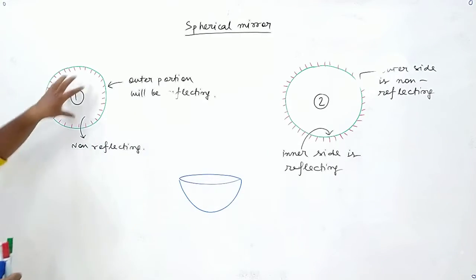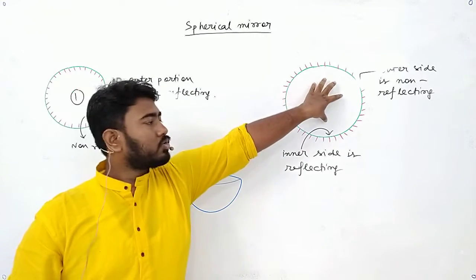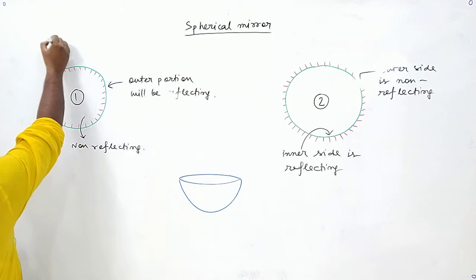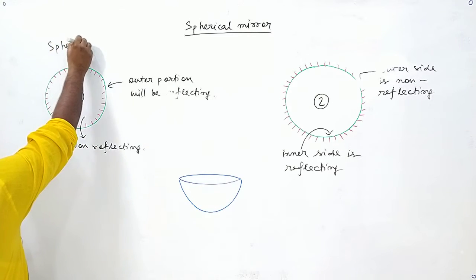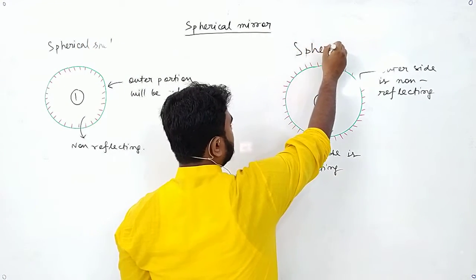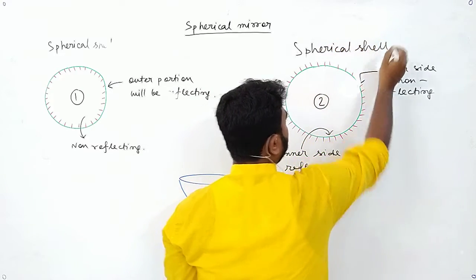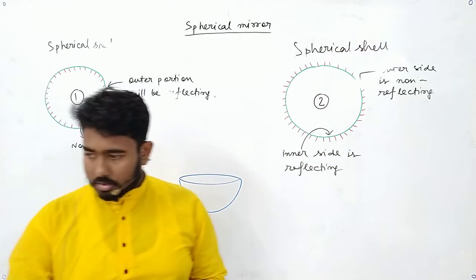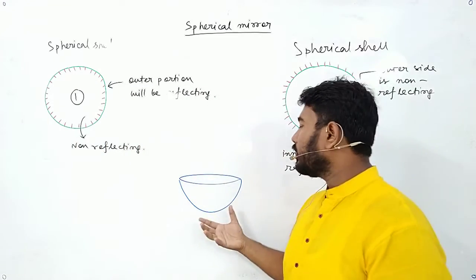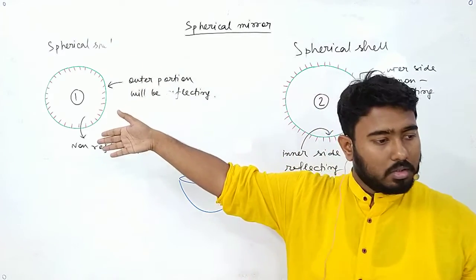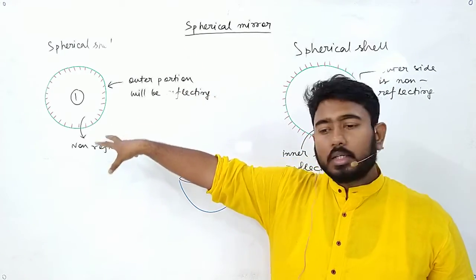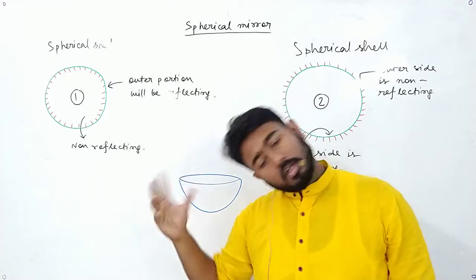In this case also the inside is not solid. So the first case is also a spherical shell, and the second case is also a spherical shell. If we divide a sphere into two equal halves, it will be a hemisphere. Yes, we can think about that, but it's not necessary that we will always divide it from the middle portion. We can divide it from any other portion also.